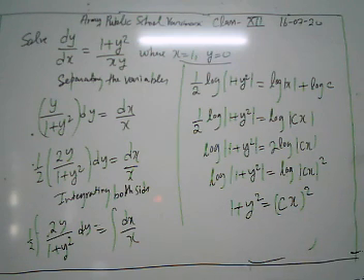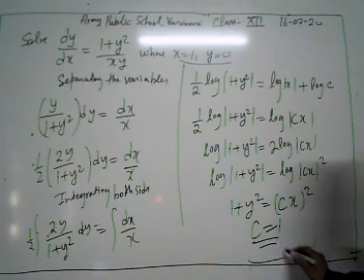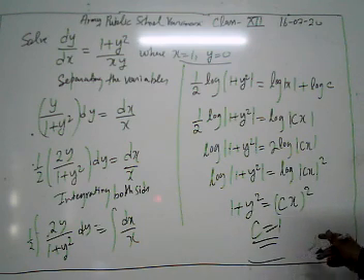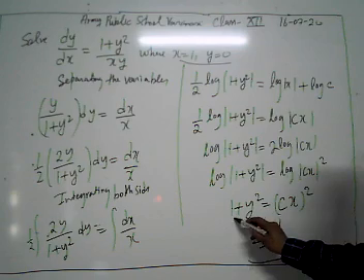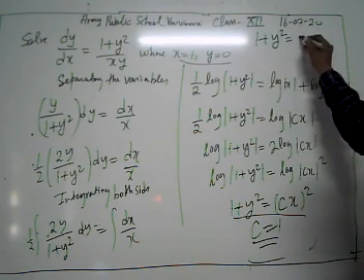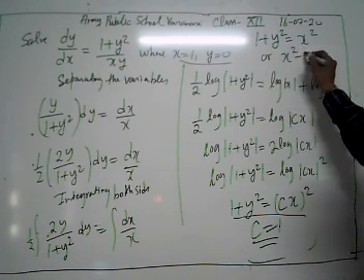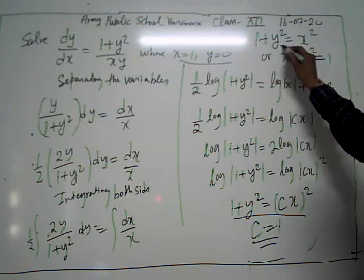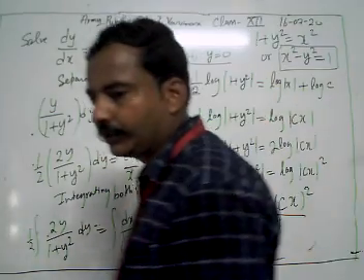We are going to take the positive value, since c square is 1. Then we get c equal to 1. Now we put the value c equal to 1 in our equation. Then our equation is 1 plus y square equal to x square, or x square minus y square equal to 1, which is our required solution.